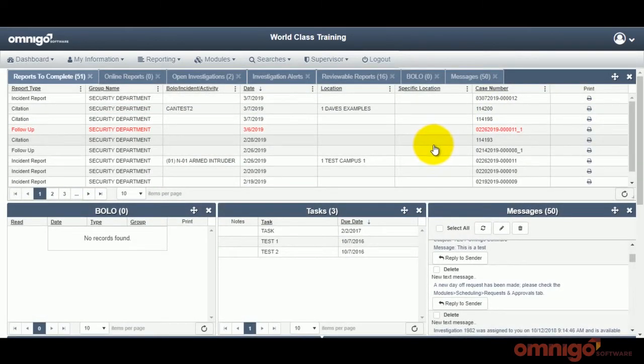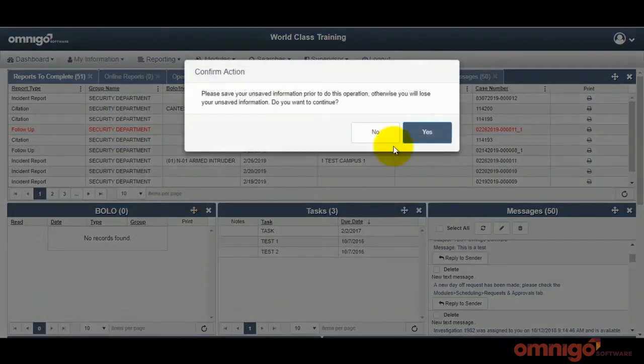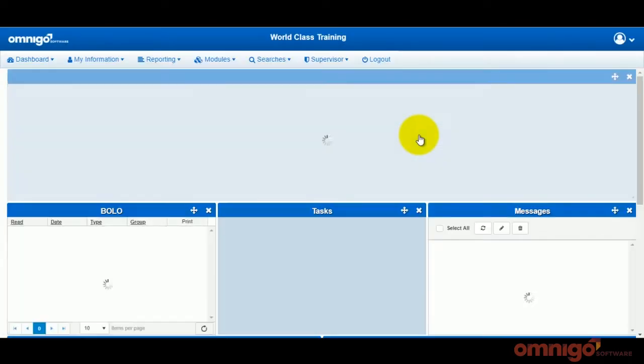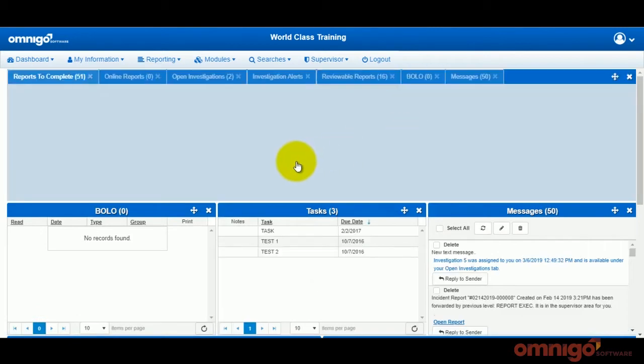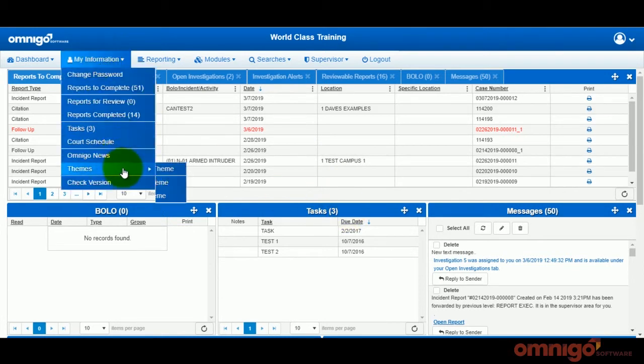Also, if you prefer the original blue screen, we have an option for you. Go to My Information, Themes, Blue Theme. This is what the early days of this reporting dashboard looked like. So that is an option. Just go to My Information, Themes. You also have the